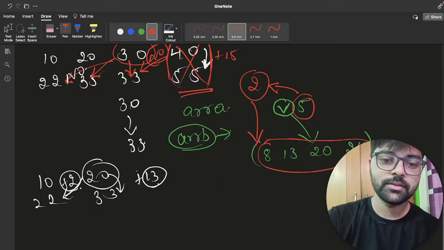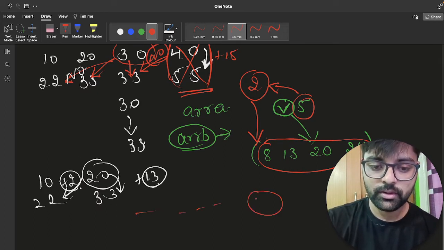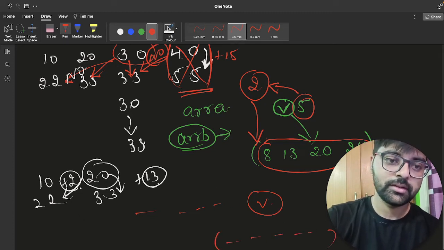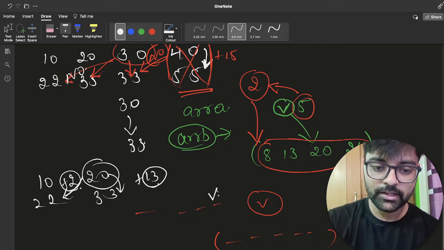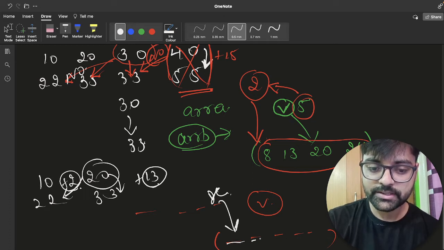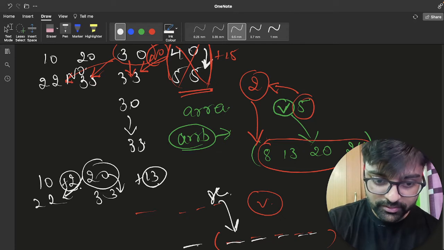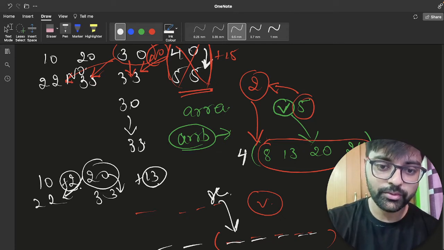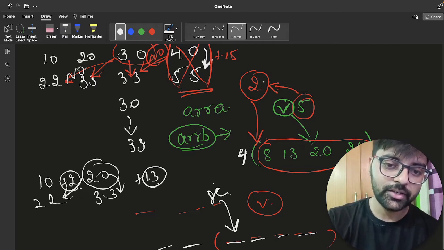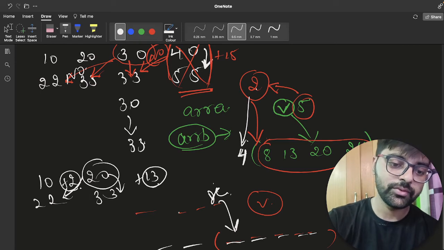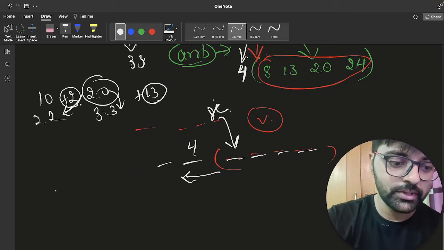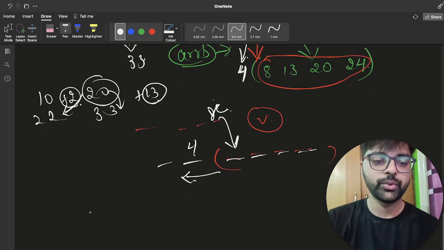2 as well. So let's say there is some value v. If we are making v as this value, then let's say this is x. So we can surely make x as this value. But let's say x is 4 and here it is 4 itself. So 5 can be made 8, 13, 20, 24. But this x, like 2, can be made 4 as well. So it can move in, right, the left direction. So I am giving the intuition of two pointers, how I am going to use it, right?